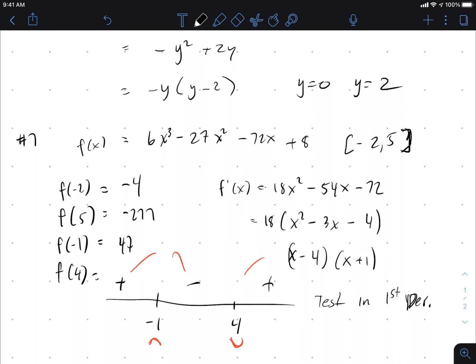Okay, and 4... This was -328, right? So then what I end up seeing is f of -4 is the absolute minimum. This is the absolute maximum. And the endpoints end up being